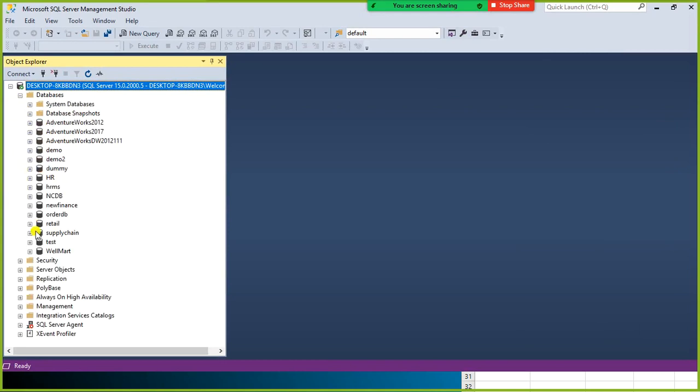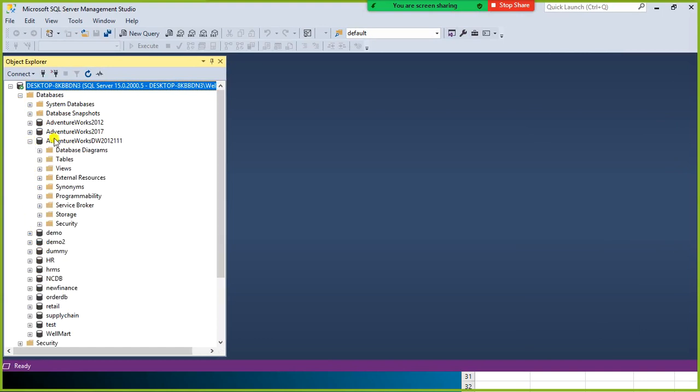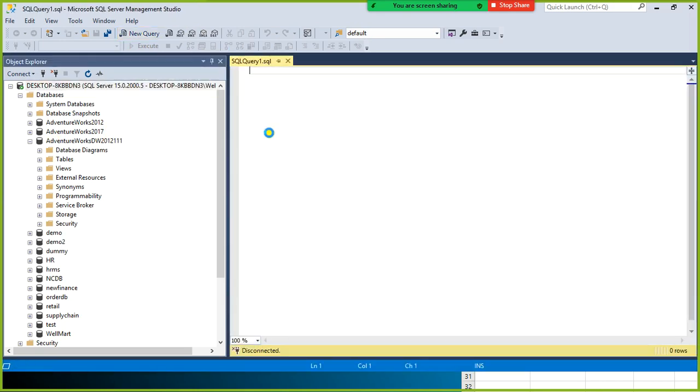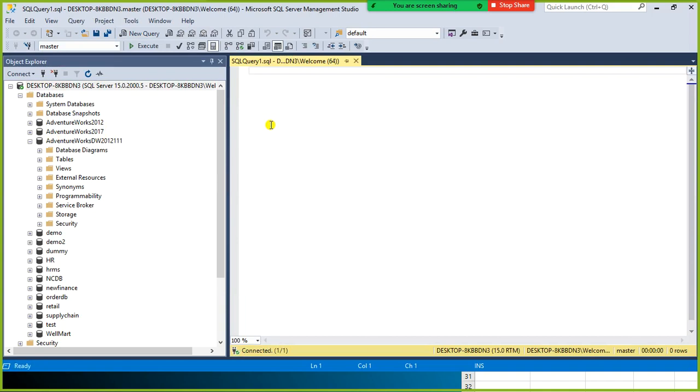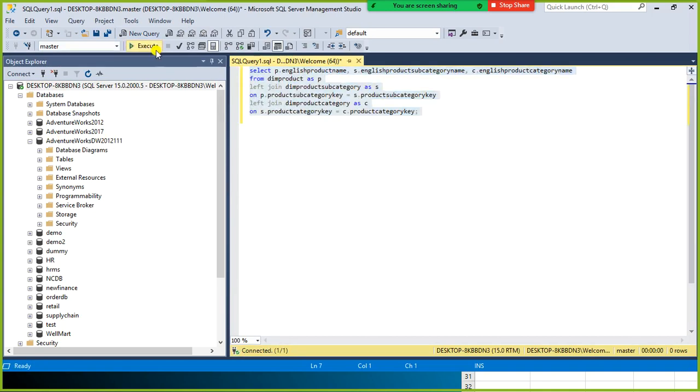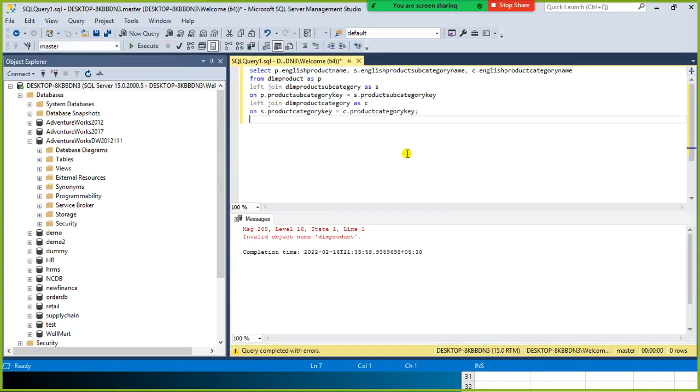What I will do is I will share a video on how to install the demo database on your SQL Server Management Studio. So now I just open a new query and simply paste that one here, and let me see if everything is correct. Yeah, there is some problem here. Invalid object name dim product.